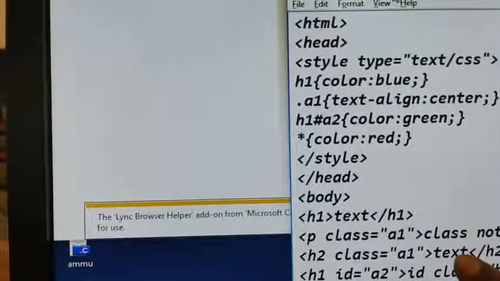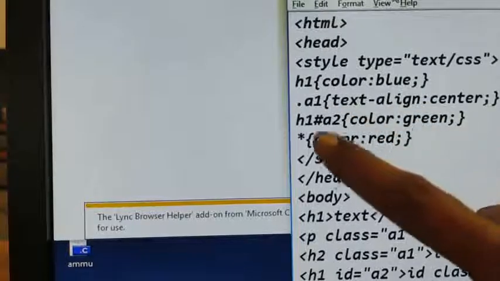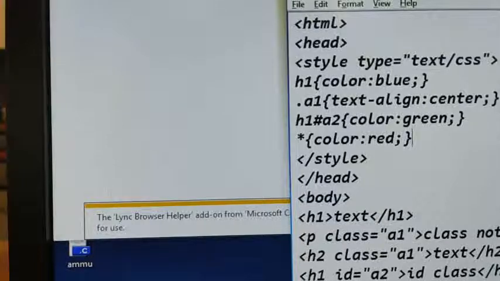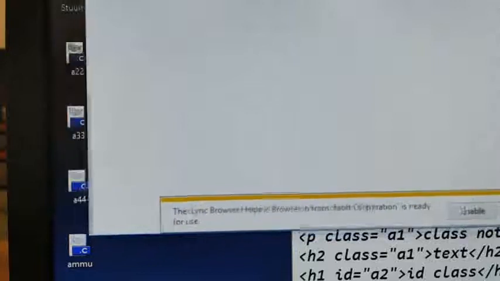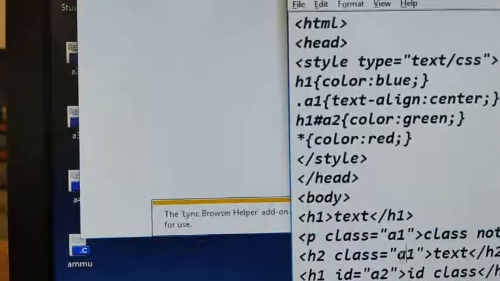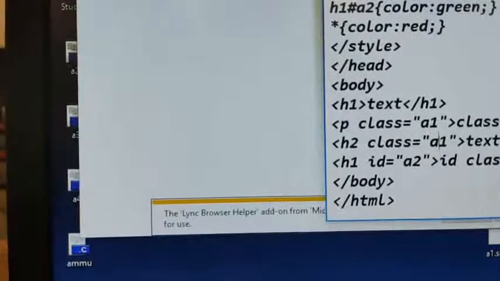These two tags are getting this property because it is a universal selector. In the document, whatever elements you have, all those elements will get the same property. But only the ID is not changed, because the ID is a unique color, so that is why it is not changed. Clear? So this is the universal selector. Now one more selector is the child selector, that also you can give.